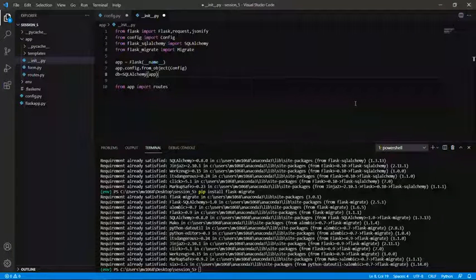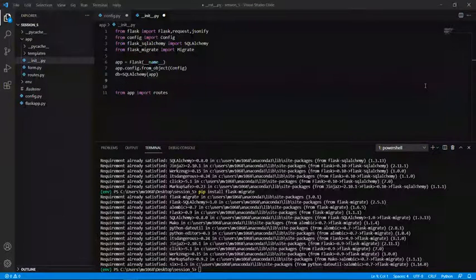Second thing, we have to have another object that represents the migration engine. That is, we have imported Flask-Migrate, this one, right? So we have to create another instance to handle this. For that, we are going to create another instance called migrate. For this, we are passing both our app and also our db object, the object that we have created. So these are the two inputs for this migrate variable.